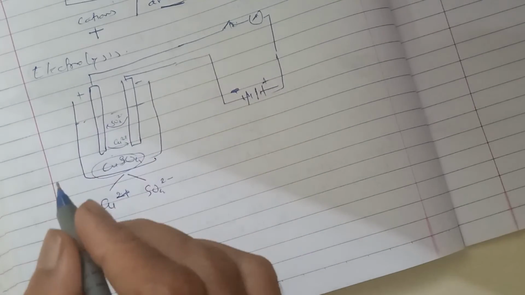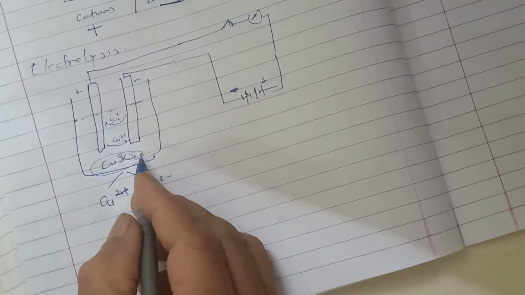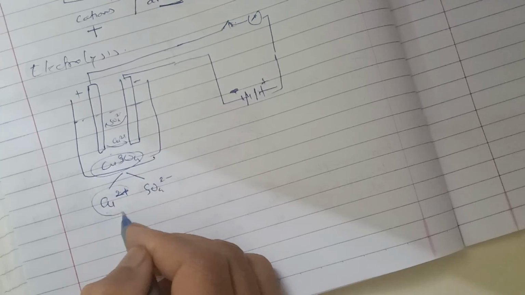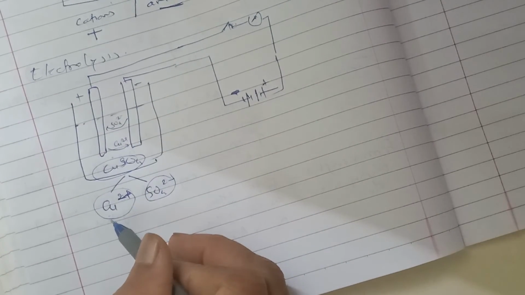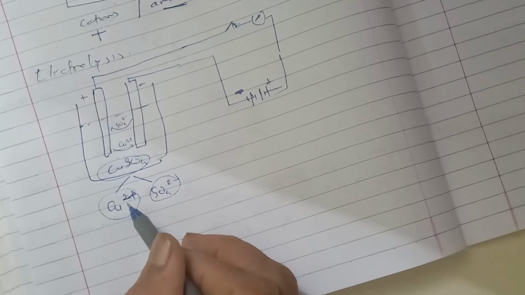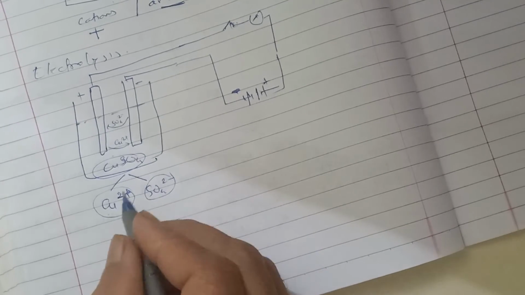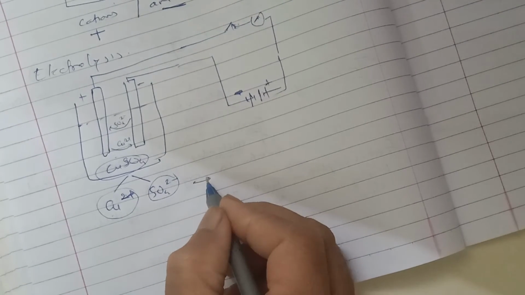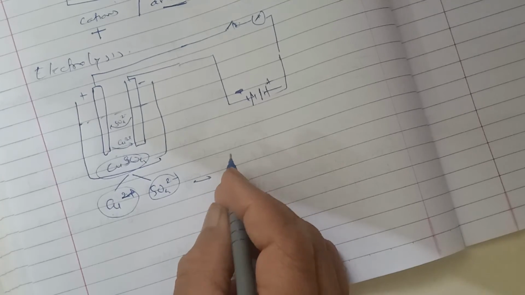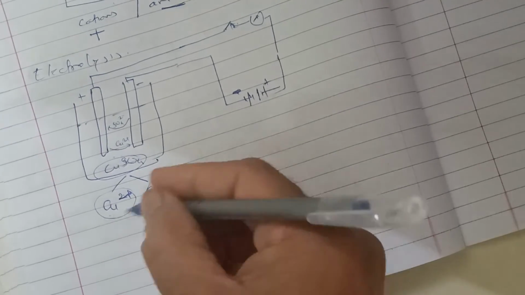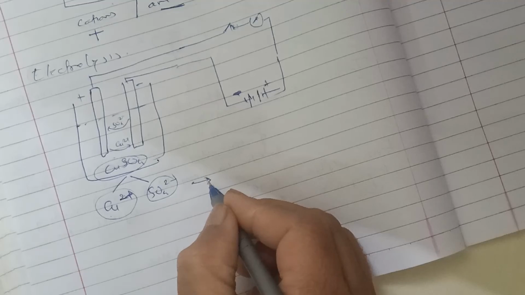Due to the electric energy, the two ions get separated. This process by which the ions are dissociated is called